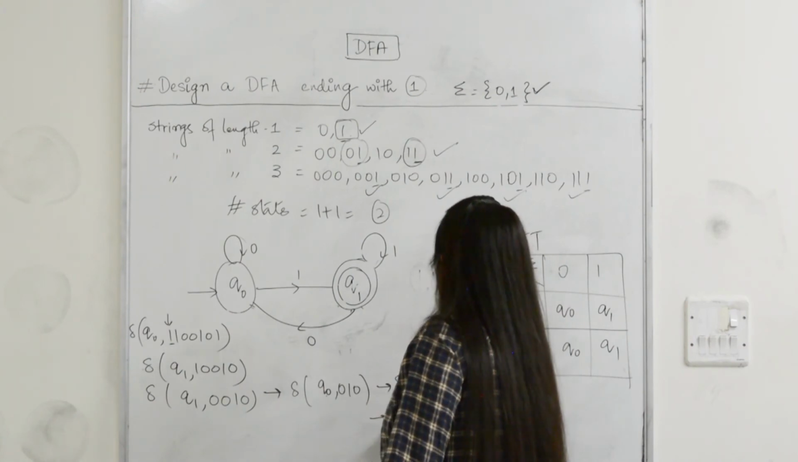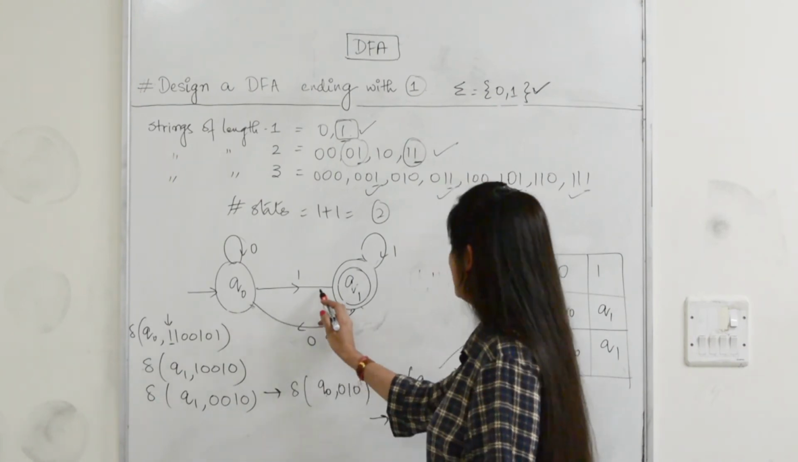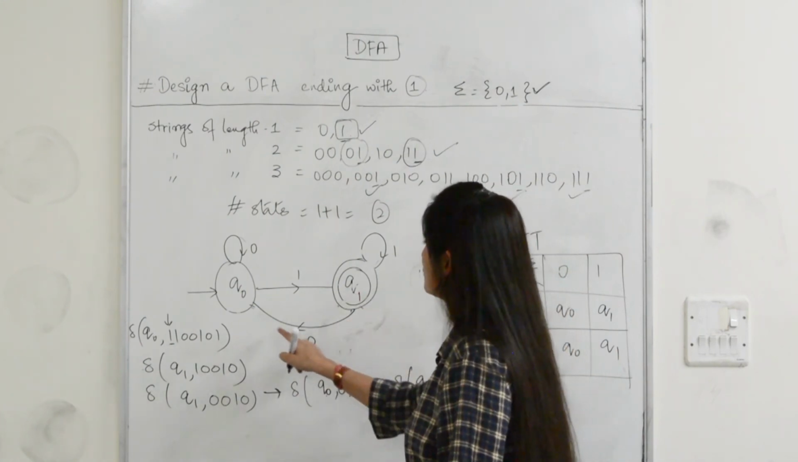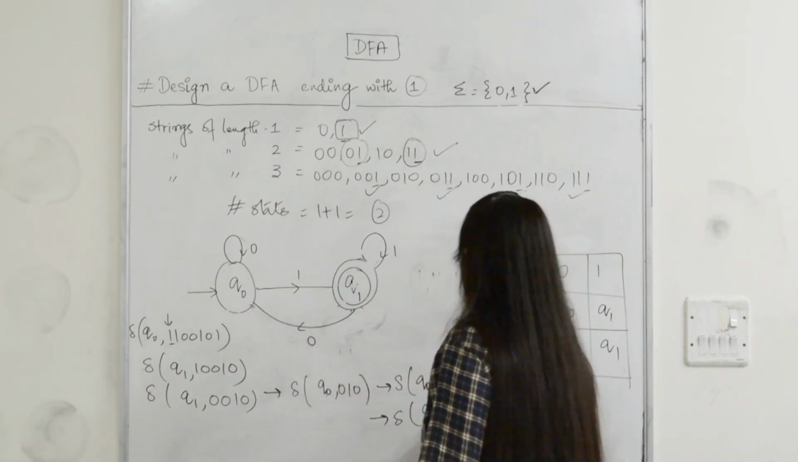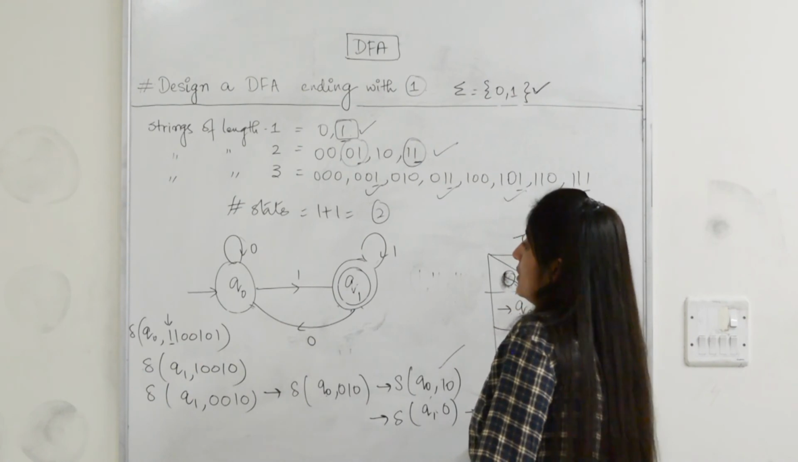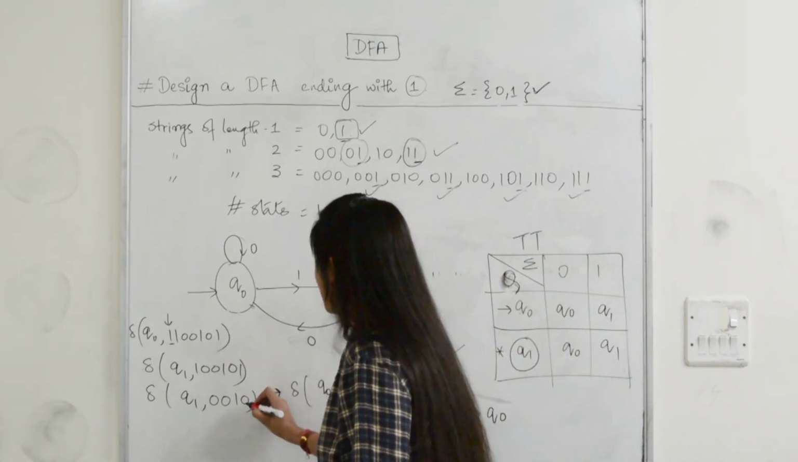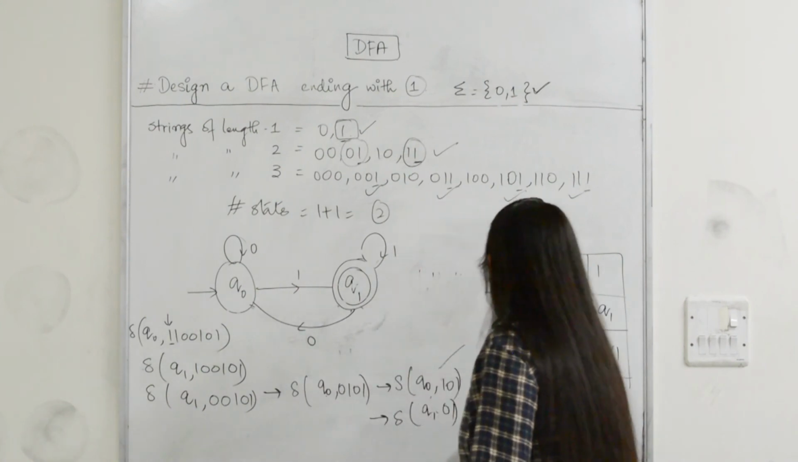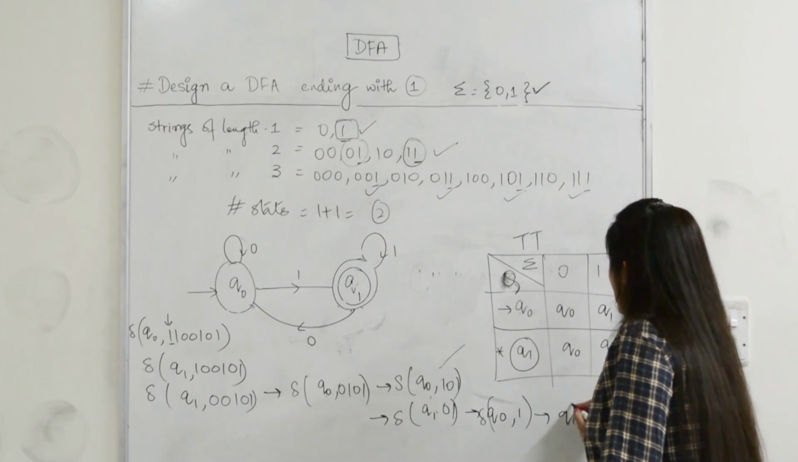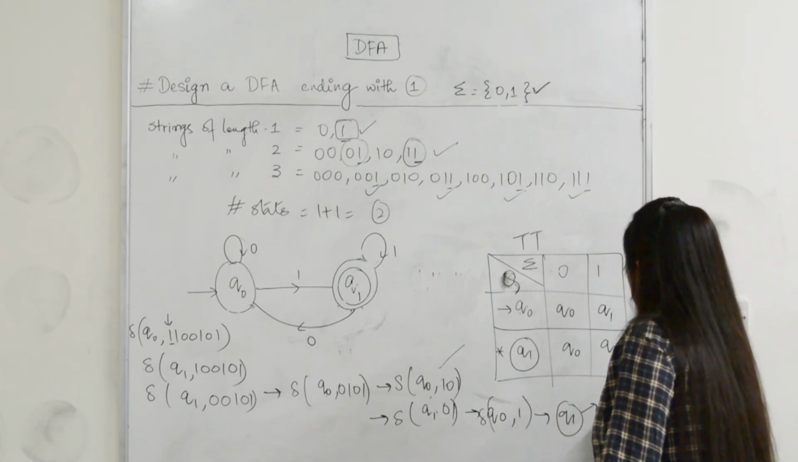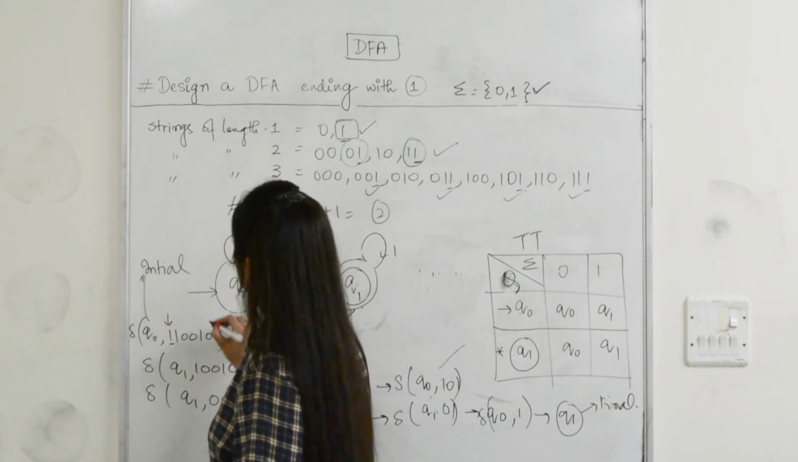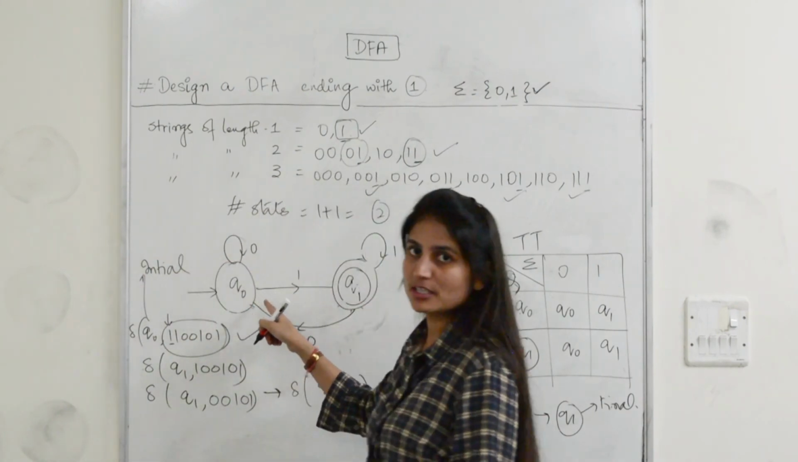Again on Q0 when you process 1 we reach Q1 and we are left with 0, and Q1 on 0 reaches Q0. So you have reached Q0 and I have missed this one, so I have to write it here. Again on Q0 when you process 1, you reach Q1, and this is your final state and this was your initial state. So we can say that this particular string is being accepted by the given DFA,